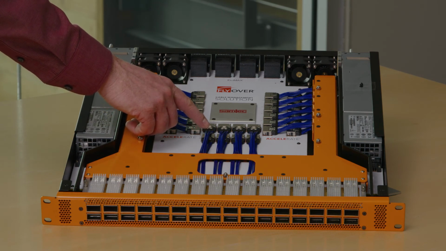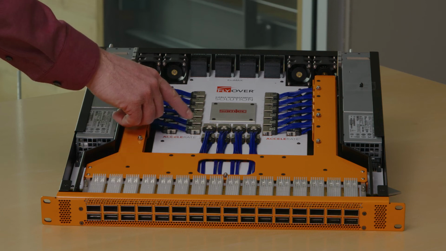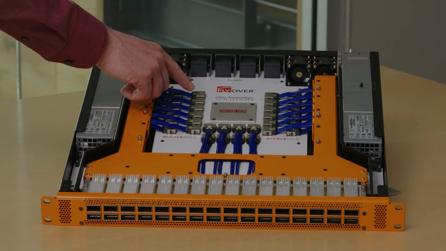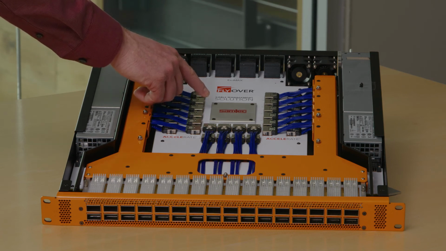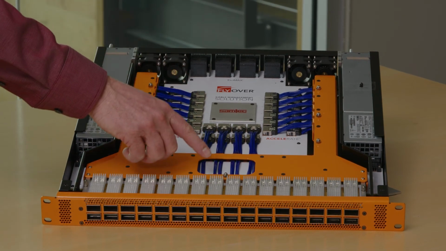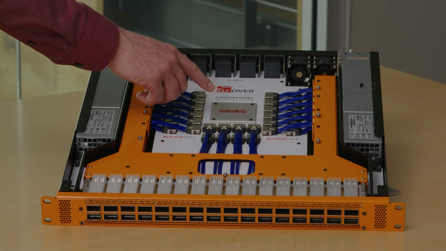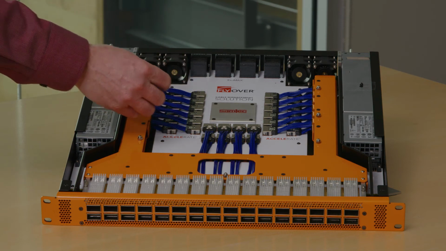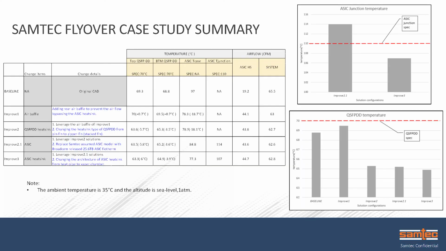The signal goes through the Accelerate connector family near the ASIC to take the high-speed signals directly into the chip. By separating these from the front to the back, we've allowed more airflow and more efficiencies in the design to cool the product. In this case study, the simulation engineers took multiple options and improvements through the design. Changing the pin fin heatsink on the FQSFP DD, to changing the heat pipes over the ASIC,